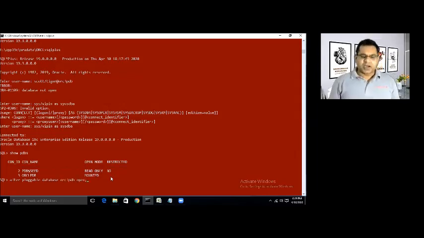Until this particular database is being opened, I'm just discussing a few more steps that we need to follow. The first step, which you have already followed, is that we have an Excel file in which we have the data, and you need to save that particular file with a .csv extension, right?